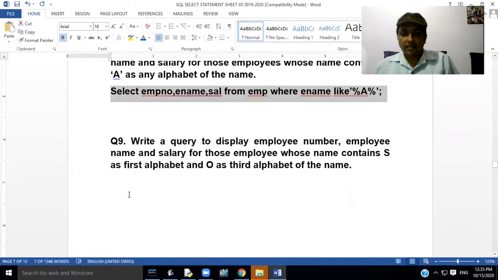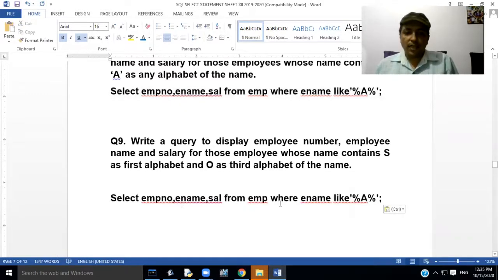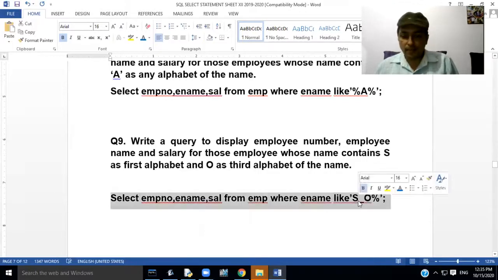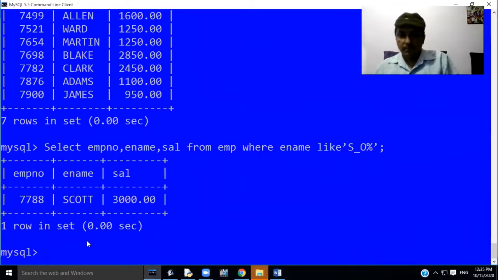We have to write the query like this: select empno, ename, sal from emp where ename like 'S_O%'. The first letter should be S, the second letter may be anything, the third letter should be O. Now try to execute this query in MySQL and let's see what output MySQL will give. MySQL will display the details of those employees whose name has S as first alphabet and capital O as third alphabet.